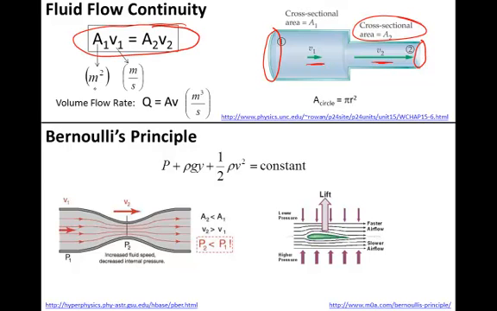The area is in meters squared. The velocity is in meters per second. If we look at what's called the volume flow rate, which is just the area times the velocity, the units there would be meters cubed per second. If it's a pipe, remember the area that we would calculate would be pi r squared. Now, if it's not a pipe and somehow the cross-sectional area is rectangular, that's of course the width times the length. So let's look at an example